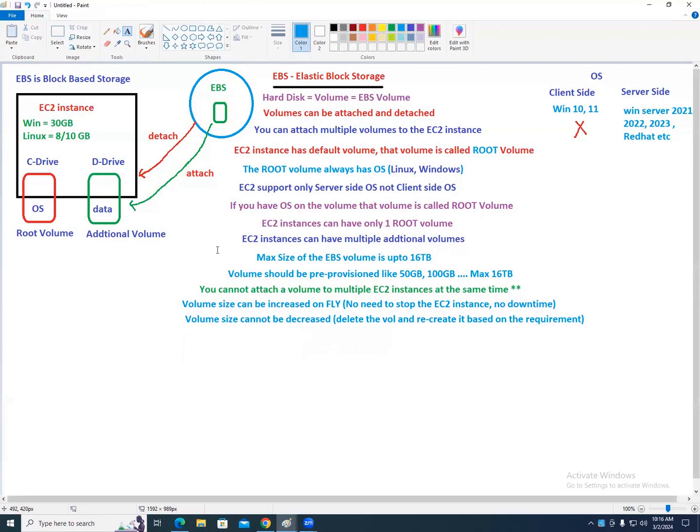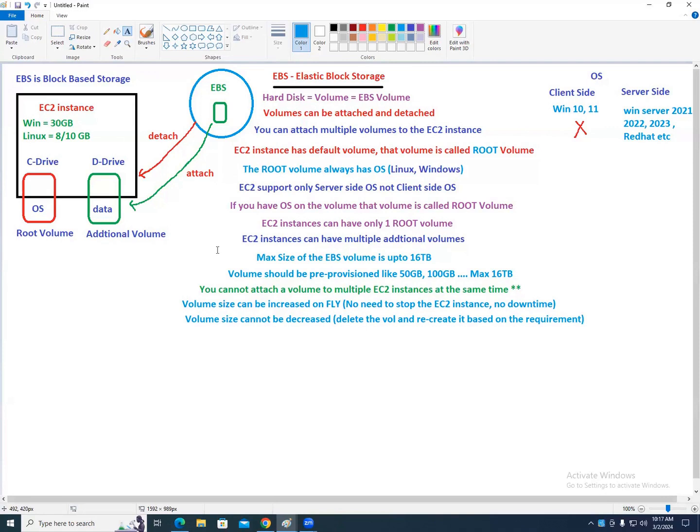Okay. Very important certification question I'm saying here. Now, see, you have your laptop. Let's say you have attached a pen drive. If you attach a pen drive, it will be mounted to your laptop as a D drive, E drive, whichever it is. Yes or no? So the concept of these volumes is attach. Attach is nothing but mount.